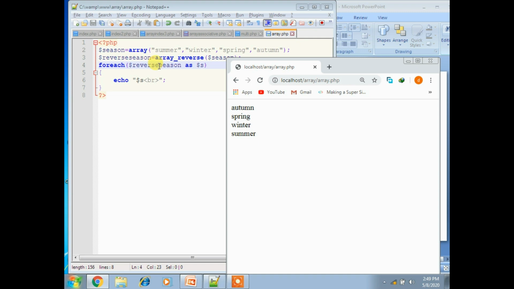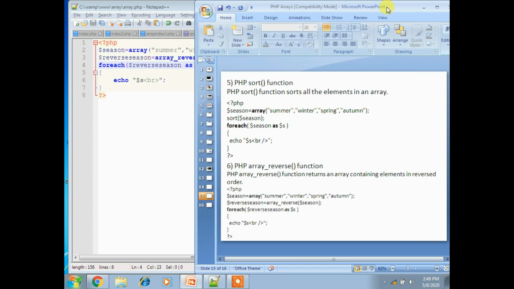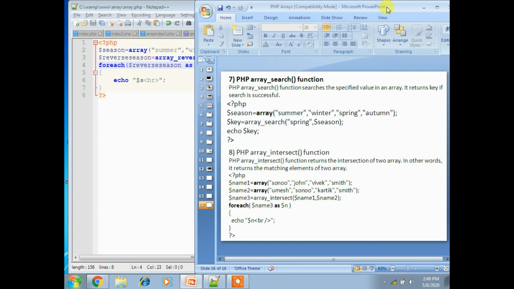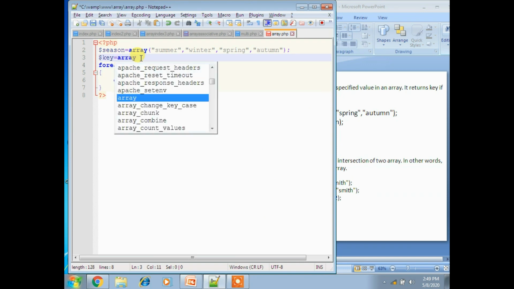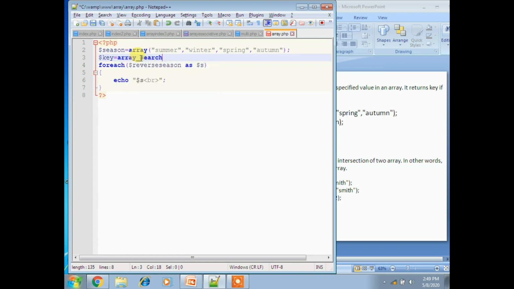Then we'll see another function, the array_search function. It searches the specified value in an array and returns a key if the search is successful. We'll take the same example. In the place of this, we'll take a dollar key equal to array_search, here we have spring.